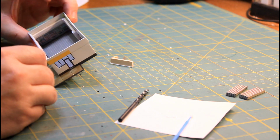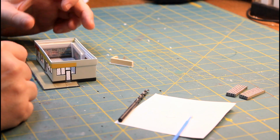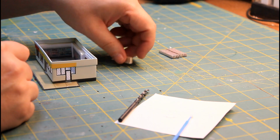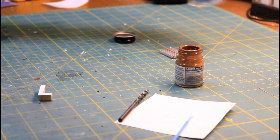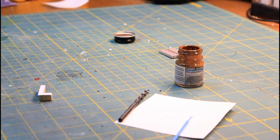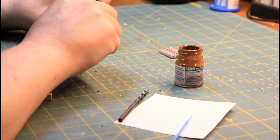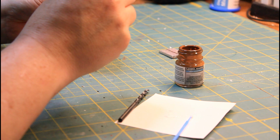Now all the walls themselves are done, and the only thing left to do would be these center pieces and this countertop. So now I'm just going to take another mini brush, get one of these here, and we're just going to paint the bottom of the...